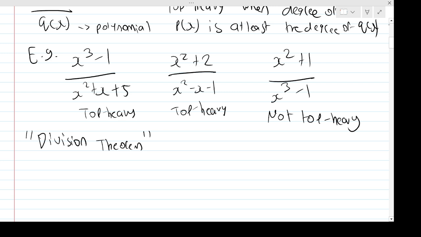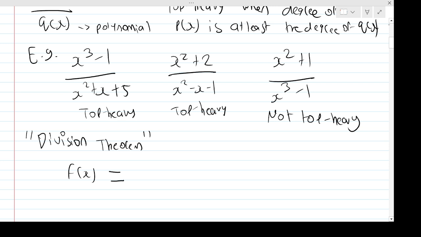But the division theorem says that if we have a function f of x, and I'm assuming all polynomials again, we're doing polynomial division, so everything's polynomials here. f of x, g of x, the functions I'm referencing. So if you have a function f of x, which is polynomial, we can say we divide it by a linear term, x minus a, say,